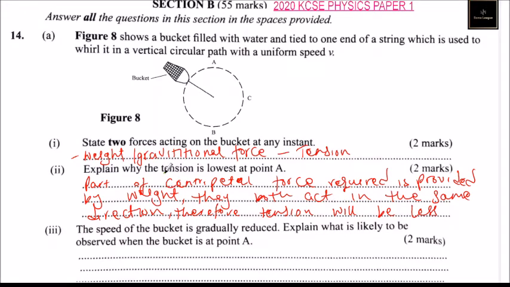Part Roman number 3, the speed of the bucket is gradually reduced. Explain what is likely to be observed when the bucket is at point A. When the bucket is at point A and the speed is reduced, it means the weight may overcome the centripetal force, and therefore water is likely to pour out. So we can say water is likely to pour out